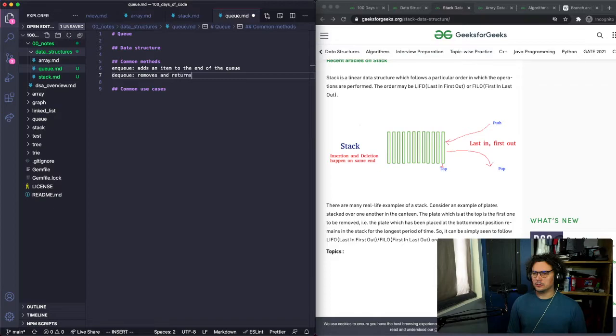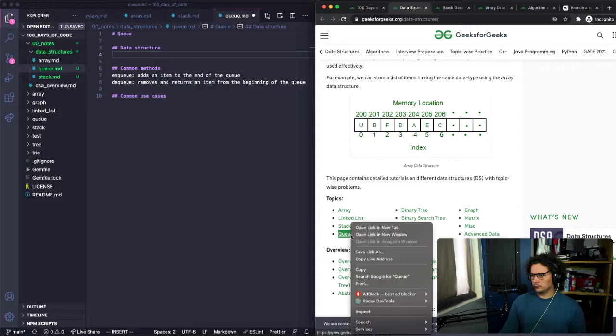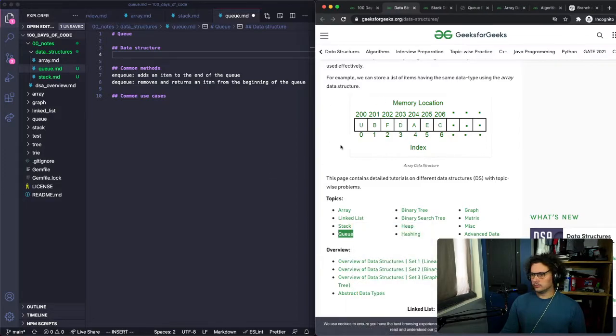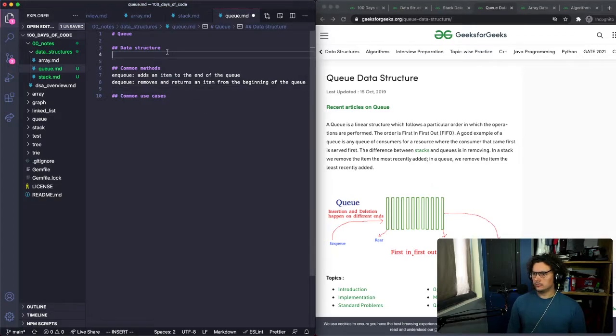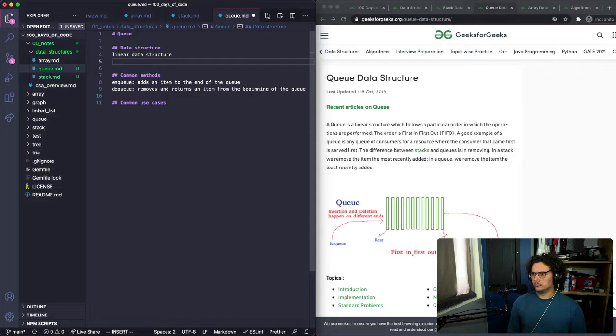Dequeue removes and returns an item from the beginning of the queue. First in, first out.